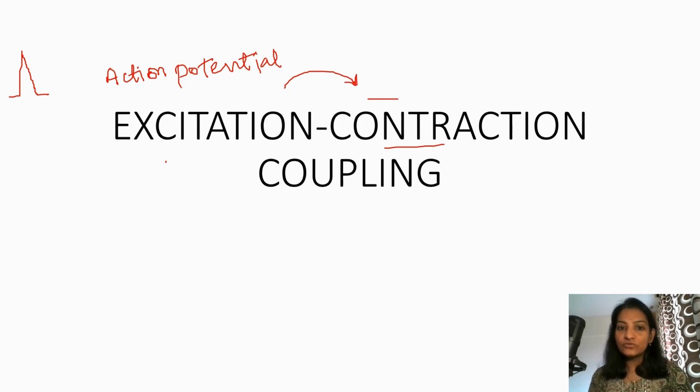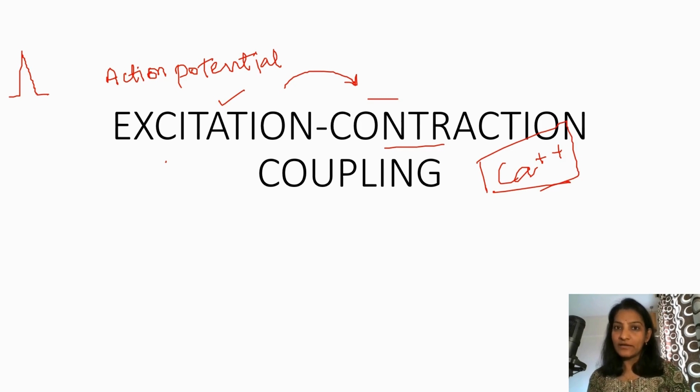And how do these two things, excitation, meaning generation of action potential, lead to the contraction? What is the mediating agent? That mediating agent is single, one and only, that is the calcium ion. If the calcium ion in the cytoplasm of that muscle is in higher concentration, it will lead to the contraction. And through the mechanism of excitation, the higher availability of calcium ion leads to contraction, and this whole mechanism is